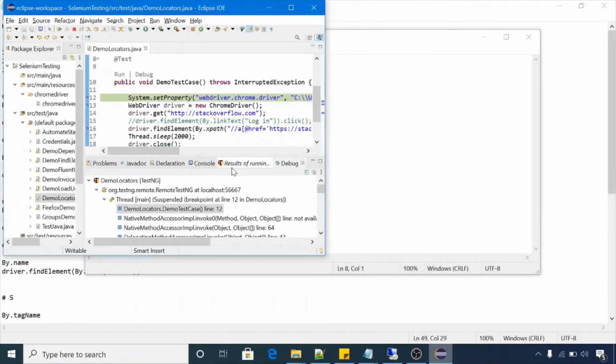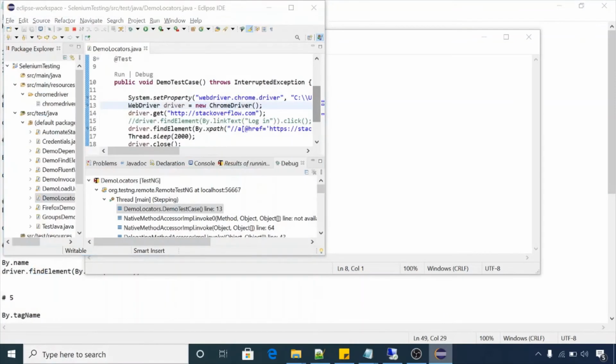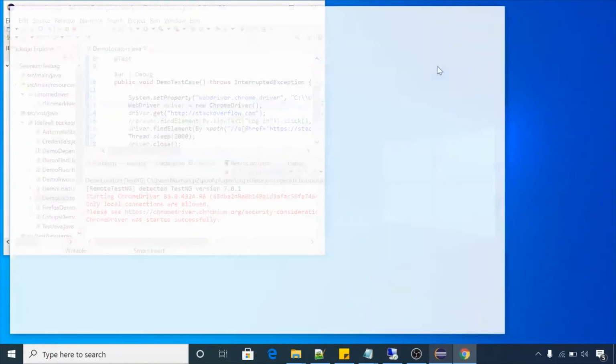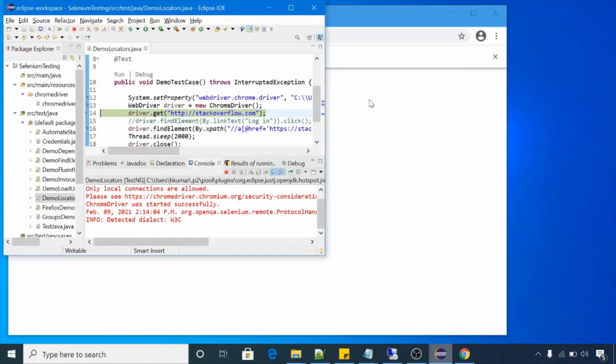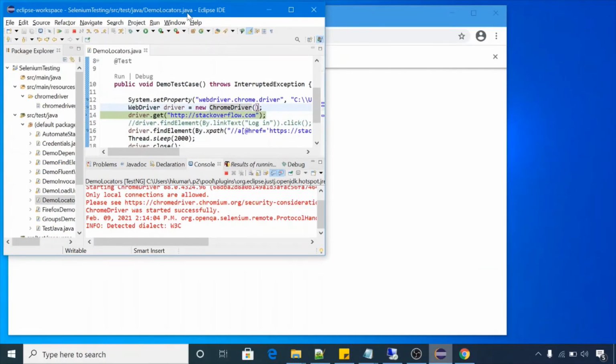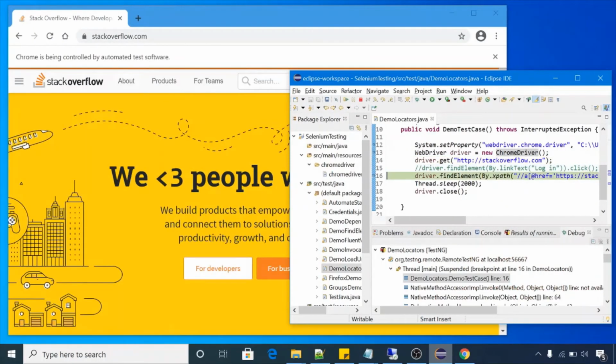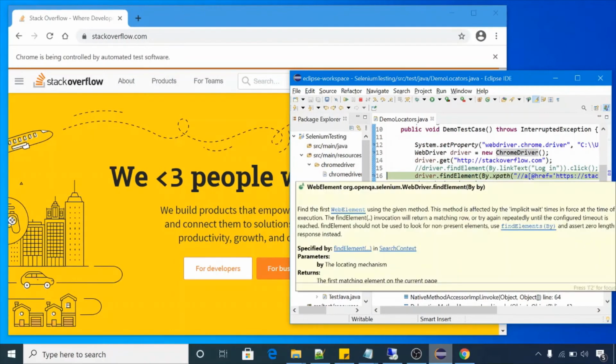So in this case, it will launch the browser. Scroll down and have a look. It's launching the browser here. Now the driver.get method will launch this website. Let me show you. Press F6 here. It's launching the website stackoverflow.com.